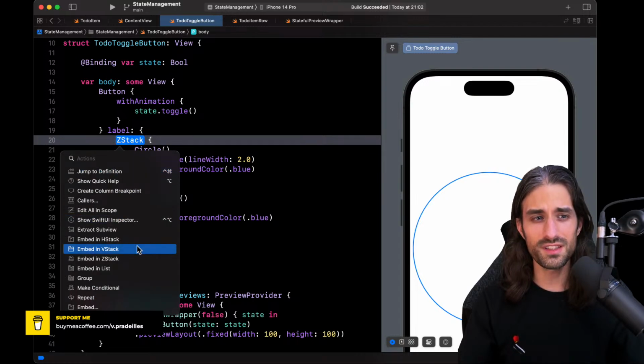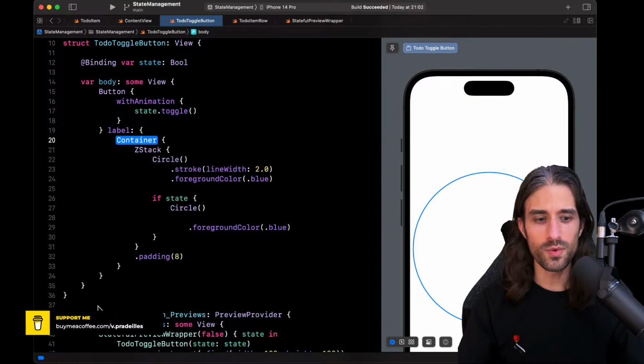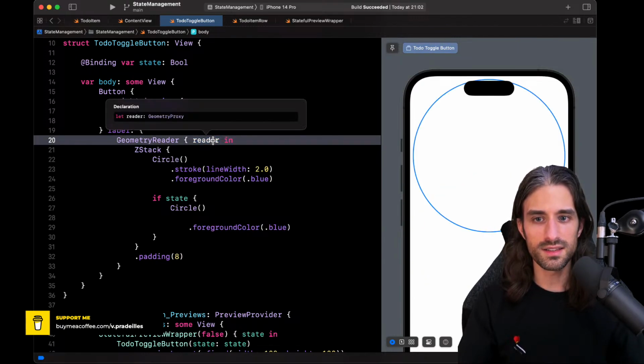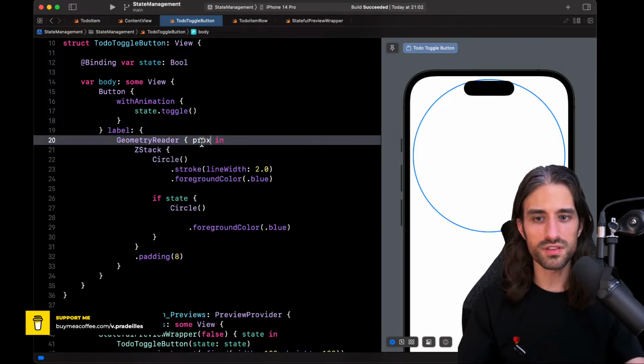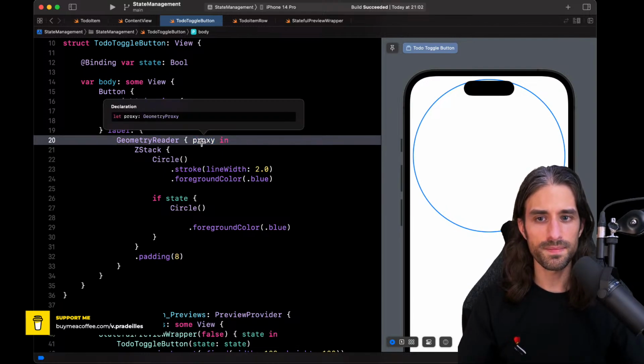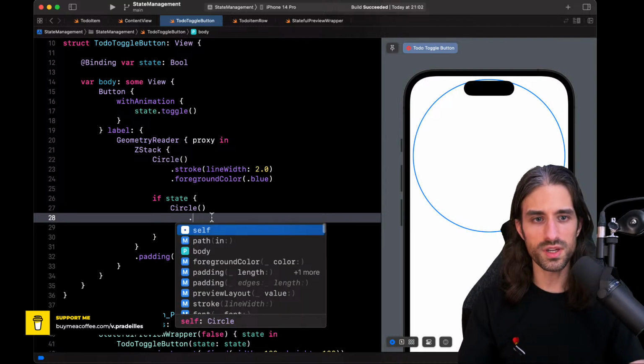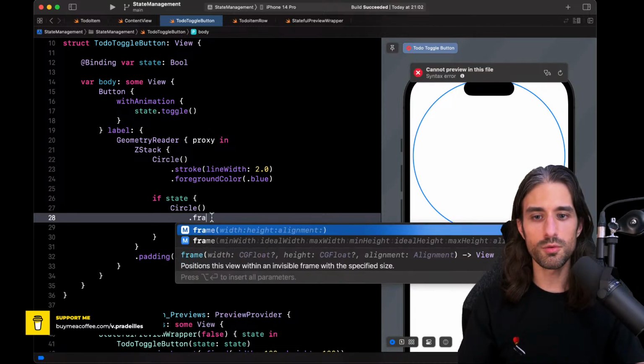We already saw a scroll view reader, and it's kind of the same idea in the sense that we can embed a view inside a geometry reader. This geometry reader gives us access to an object that is called a geometry proxy. So it's better to name it proxy. And this geometry proxy contains information regarding the current geometry.